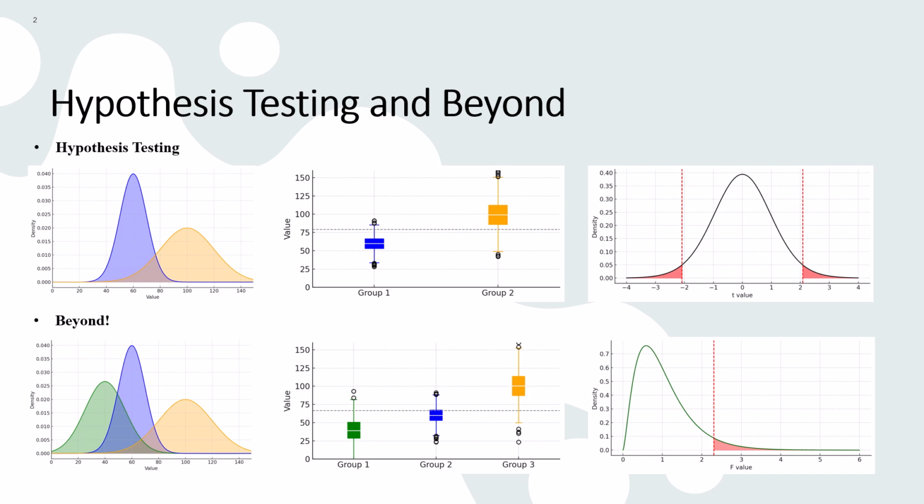If we try to use multiple t-tests to compare every pair, we increase the risk of making type 1 errors, incorrectly concluding there's a difference when there isn't. To handle this, we use a single test called an F-test, which compares all group means simultaneously. This is where the F-distribution comes in, and where design of experiments and analysis of variance, or ANOVA in short,